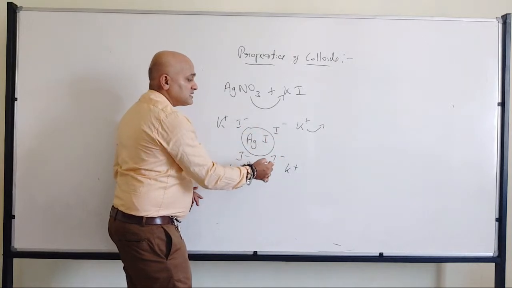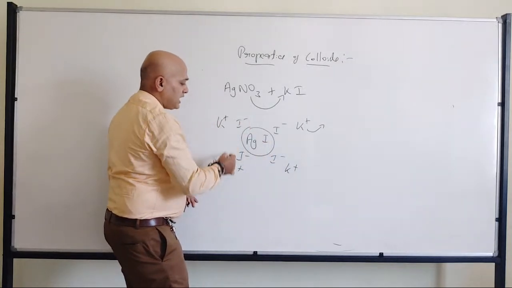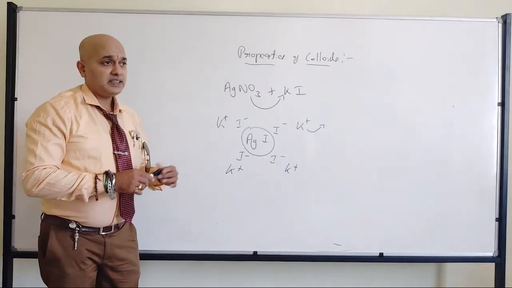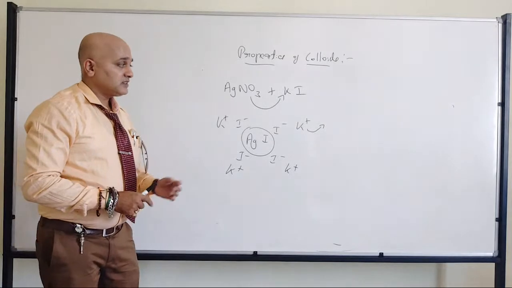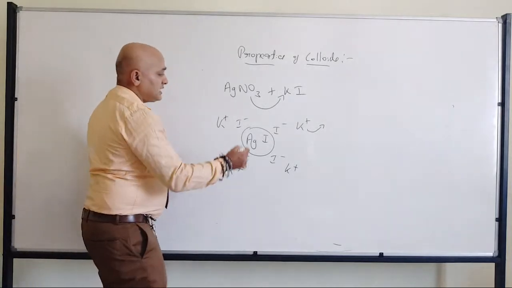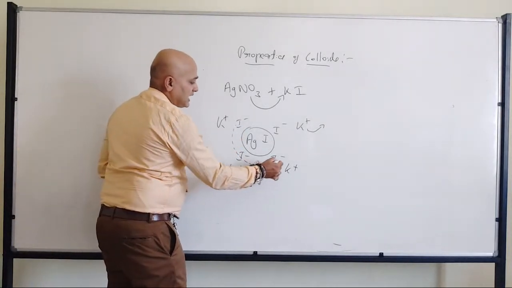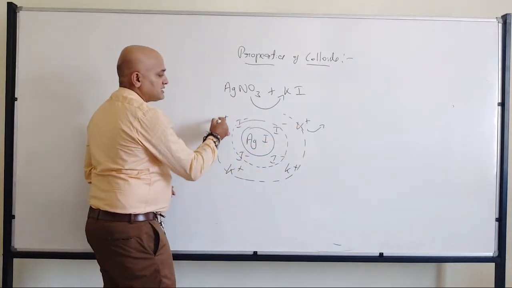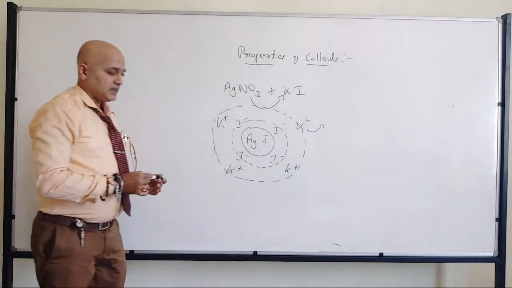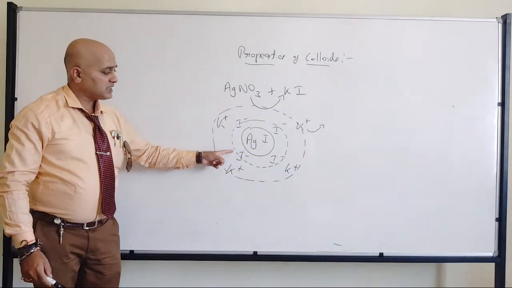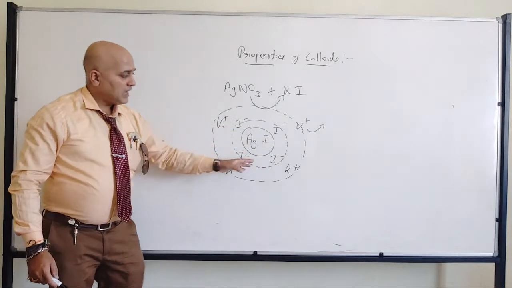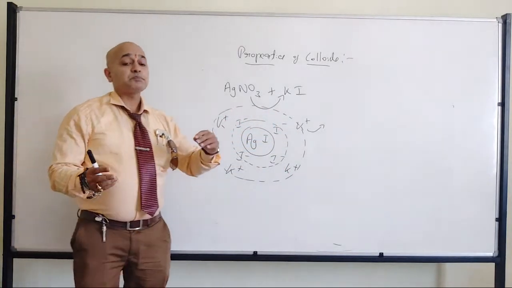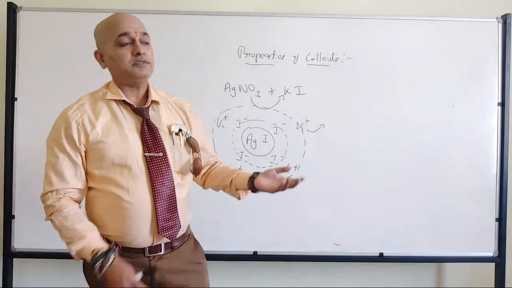But the potassium ion is movable. They are not static. So if I observe carefully, I have one negatively charged layer and another positively charged layer on top of it. Since there is a presence of negative and positive charge,